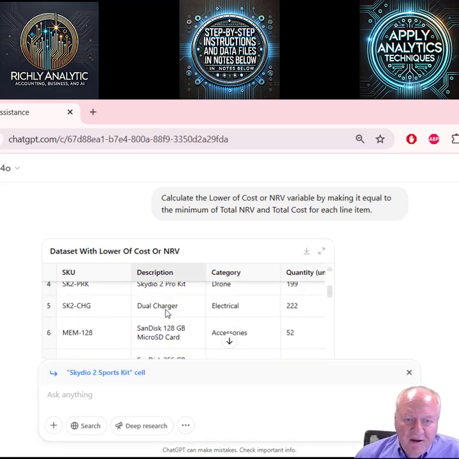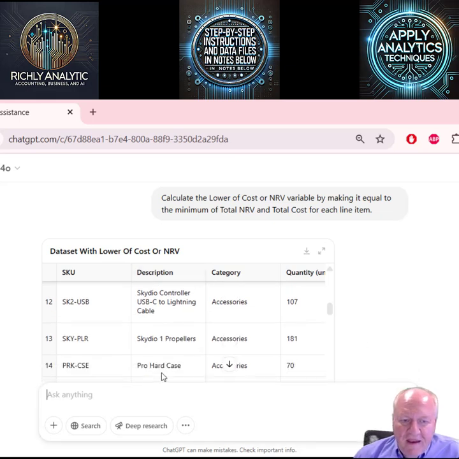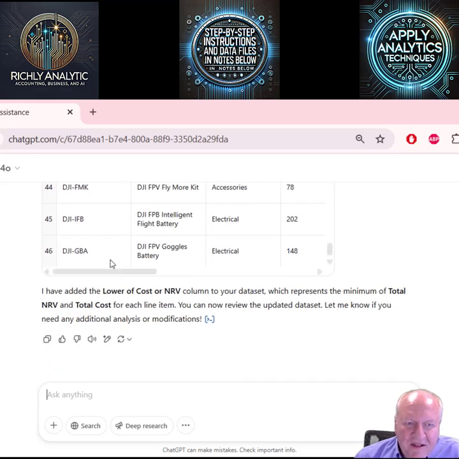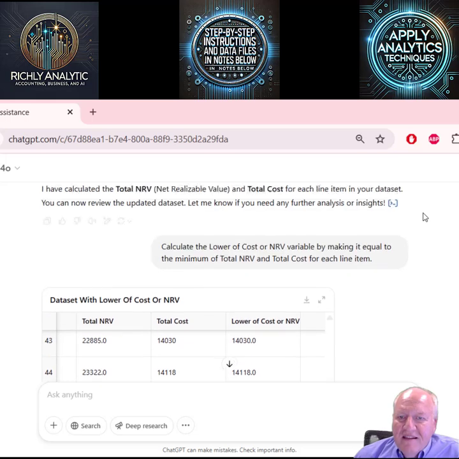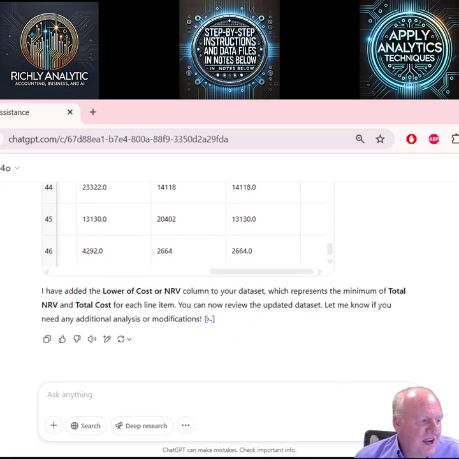We can see the various categories, and if we go down to the bottom and move it over, here's net realizable value, here's the total cost. It looks like it got the minimum of the two, and it's doing that for each item.